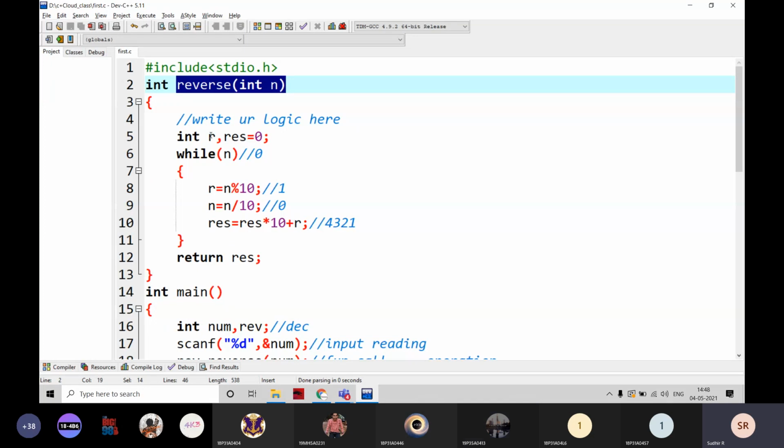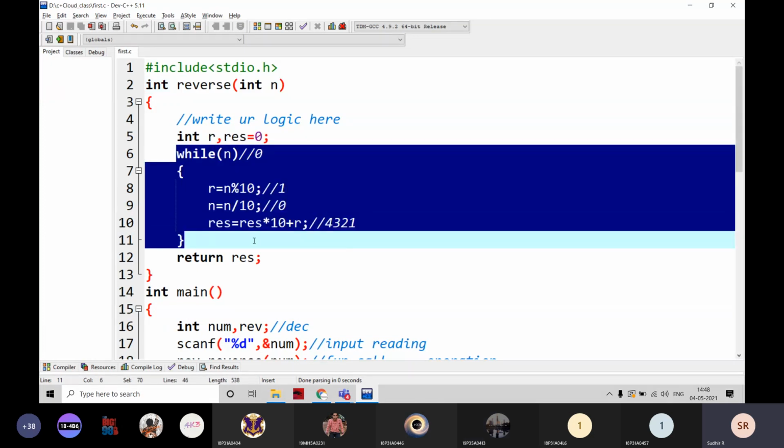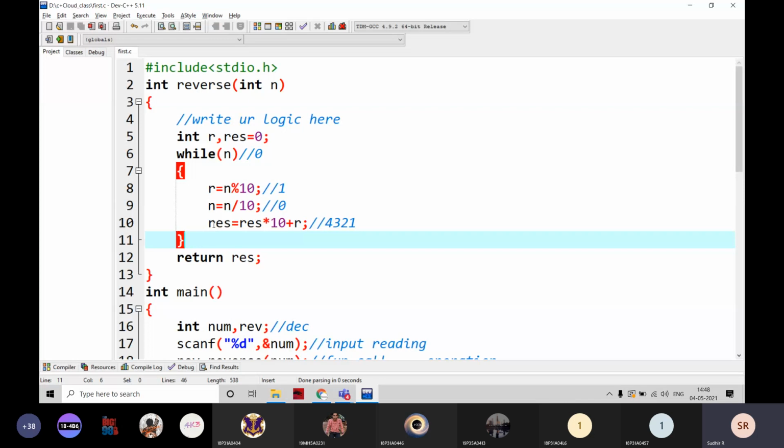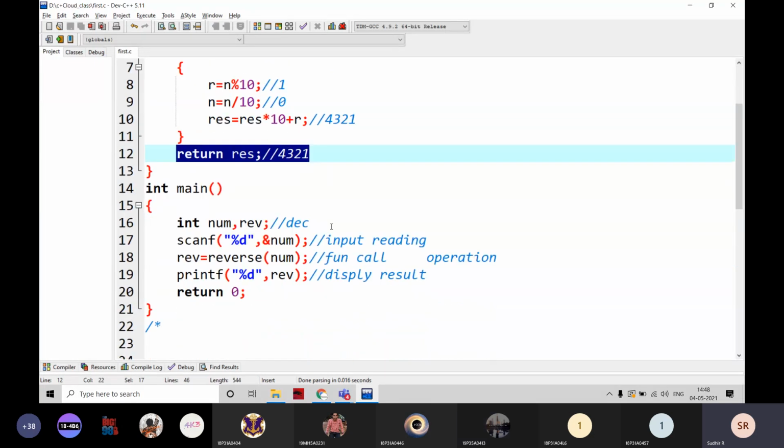The control is moving into here and this line is executed, this loop is going to be executed. After that the res value is going to be 4321 and it is going to be returned from this function. Now where is the function call?